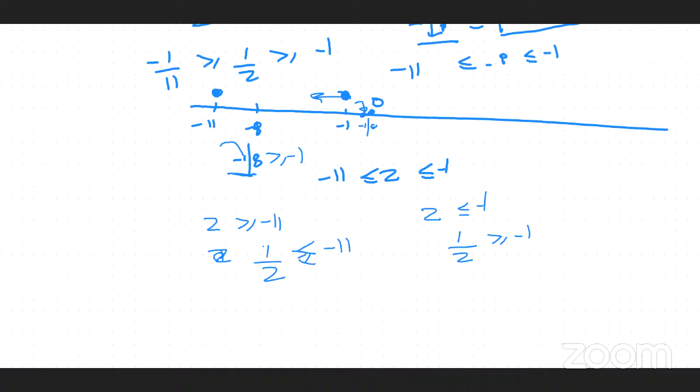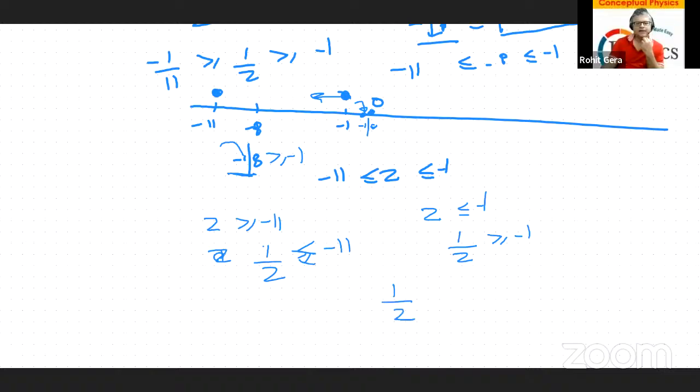Yes sir. That means 1 by z is greater than -1, which is on this side. Why do I need 1 upon z? I have not inverted this, sorry. I made this mistake. 1 by z should be less than or equal to